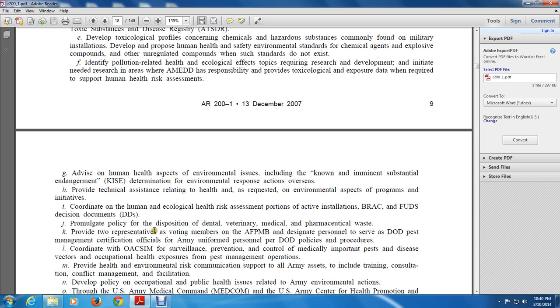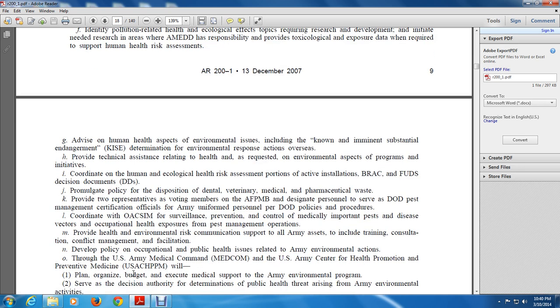Provide two representatives as voting members of AFB, EMB, and designate personnel to serve as DoD pest management certification official of the Army, unified personnel per DoD policy and procedures. Coordinate with OACSIM for surveillance and prevention of control of medically important pest disease vectors, occupational health exposure for pest management operations, and provide health environmental risk communication support to all